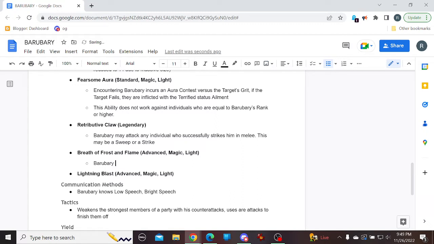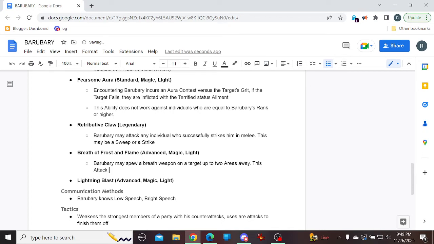Barberry may spew a breath weapon on an area or on a target up to 2 areas away. So this means 2 areas is important because that's about as far as a bow can do in Break as well. So this is a fairly good range attack. This attack hits the entire area